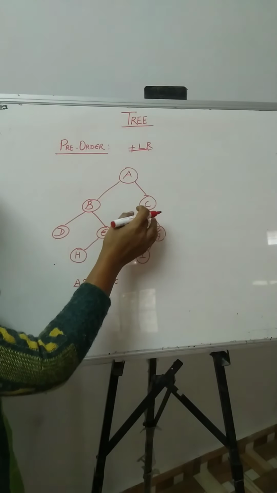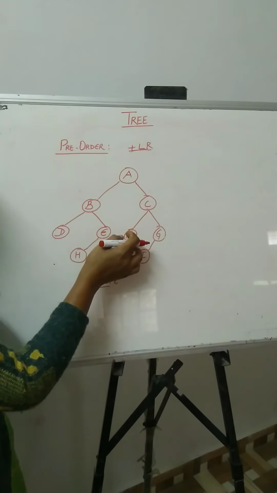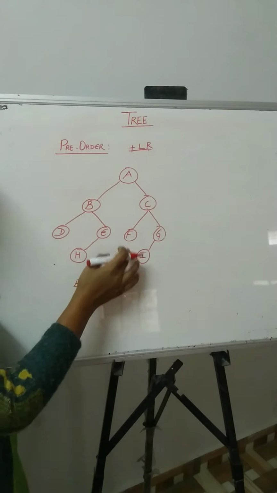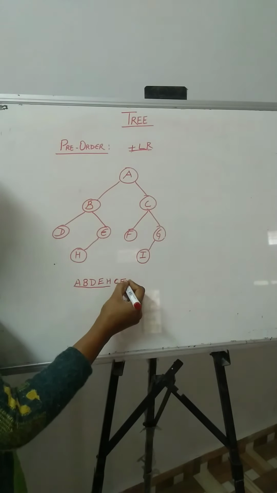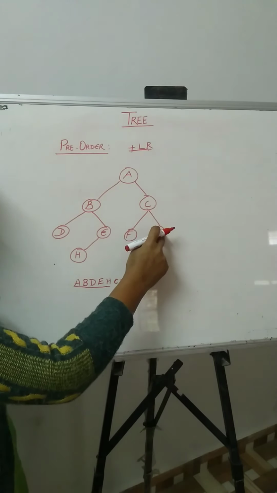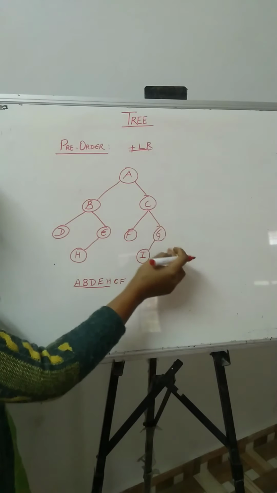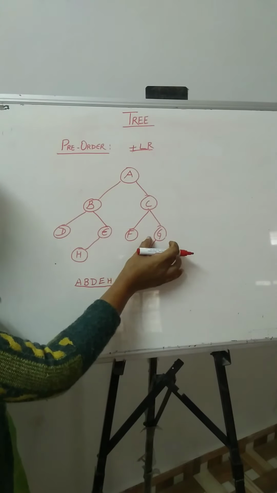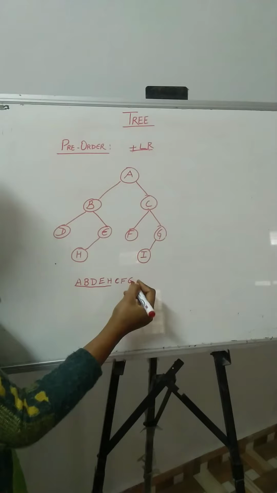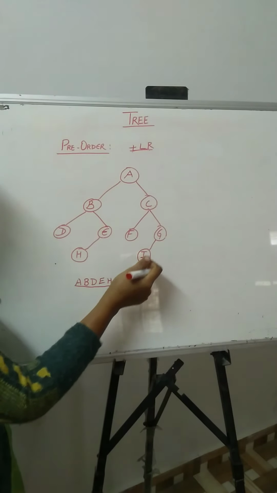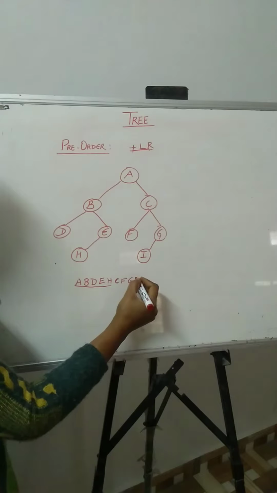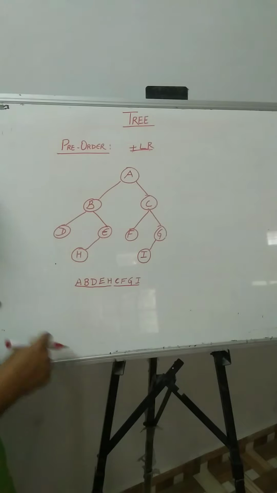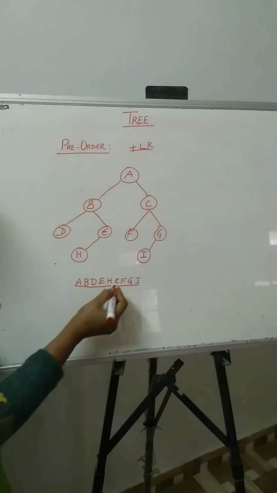Okay. Then after we move to the left side of the node. Left side of the node here is F. There is no more node there, so we write simply F here. After this we move to the right side of the node C. Here is G node. G also has a left side node, so G works as a root node. So firstly we write the root node. After this, the left side of G node is I. We write simply I. So this is the traversal of the right side of the tree.